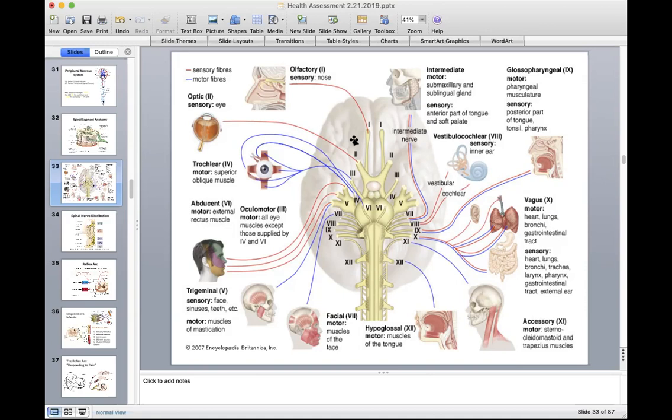That 7 is the facial nerve. Remember, 6 is part of the conjugate gaze. 7 is the facial nerve, and it's muscles of the face. Now, here's something that I want you to either take a little note on or remember. So there's a peripheral seventh and there's a central seventh. So the peripheral seventh would be a hemifacial weakness. The whole side of the face, on the side where the facial nerve is injured or inflamed, is going to have a paralysis. That's like a Bell's palsy, okay?